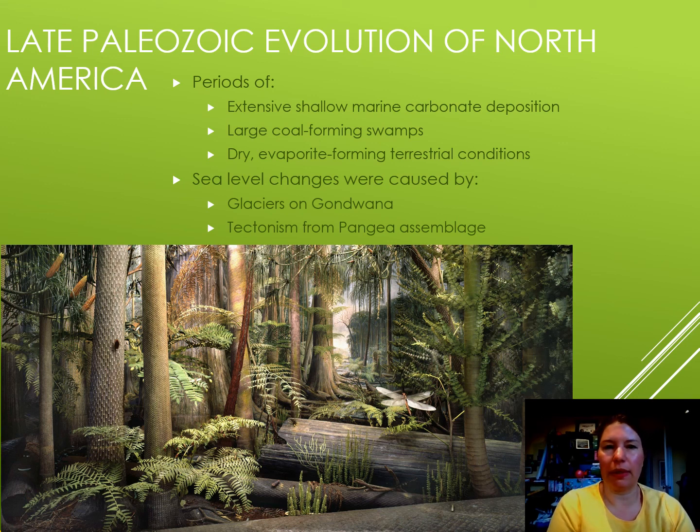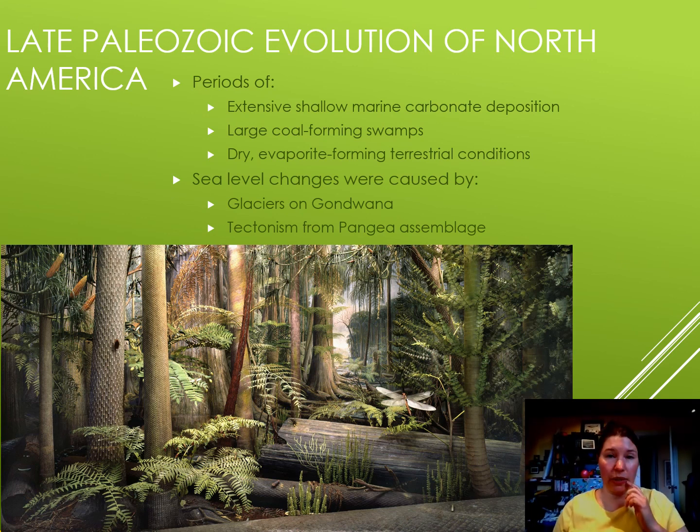So a little bit about the late Paleozoic evolution of North America. The trends that we're going to be seeing through this time are, first of all, a lot of carbonates. So we're going to have a lot of limestone dating from the early half or so of the late Paleozoic, so from the Devonian, and then the first half of the Carboniferous, which is called the Mississippian period. Then things are going to change. We're going to start to get some new climates and some new organisms showing up, which will form coal. So we're going to get a lot of swamps and a lot of clastic sediments forming coal interbedded between sandstones of river deposits.